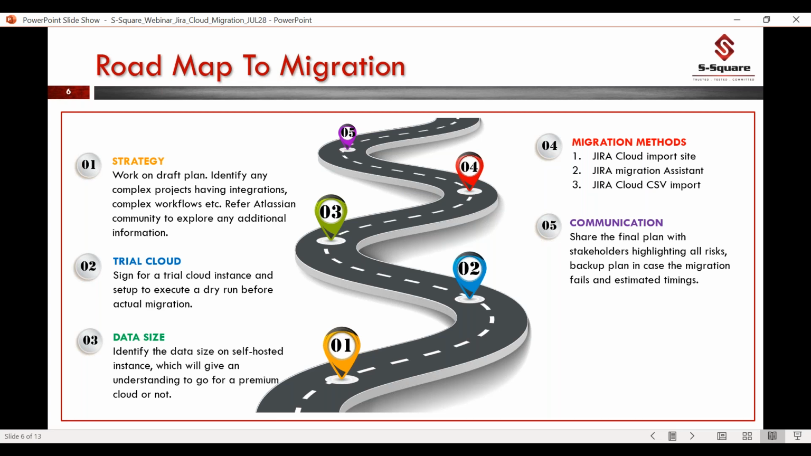And the third is data size. Identify the data size, including attachments and everything, on premises, and then we can decide whether we go for a Jira standard site or a premium cloud. Why? Because as of now, Atlassian is not charging any price for space, but they have come up with some policies. They are not yet enforced